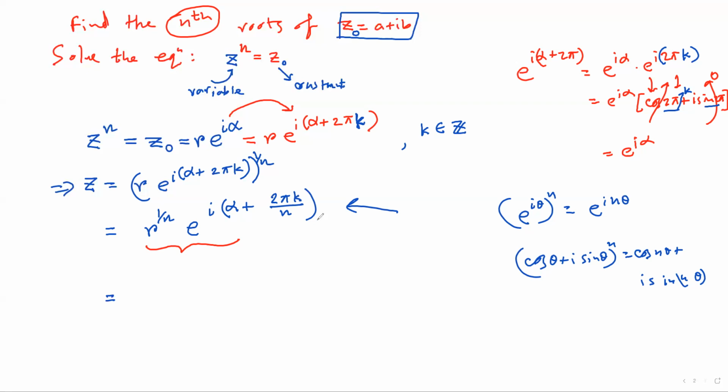Now, here is the thing. If you put k equals 0 in this equation, you get exactly e to the power i alpha. I think we must write by n here as well. All right. So if you put k equals 0, you are going to get e to the power i alpha by n, which should have been the case if I did not add these 2 pi k here, right? So this is the base case. Now, keep putting positive integer values. What happens